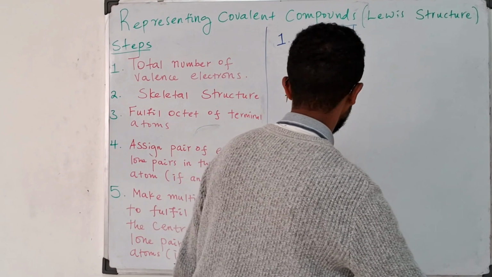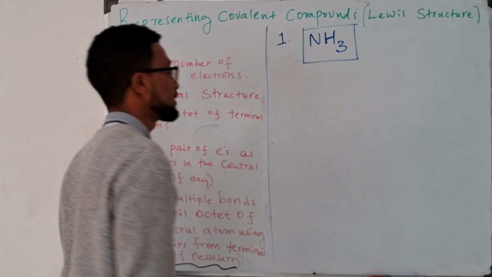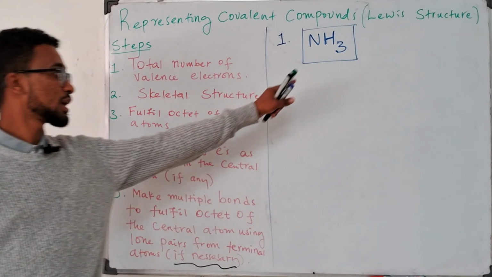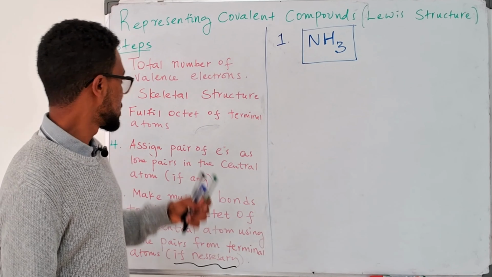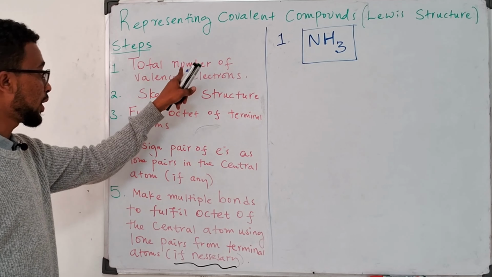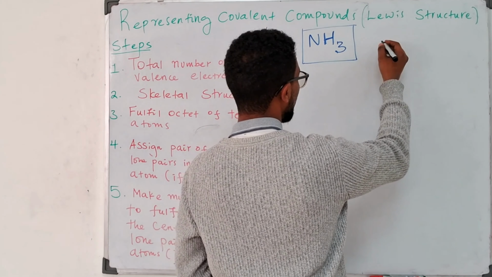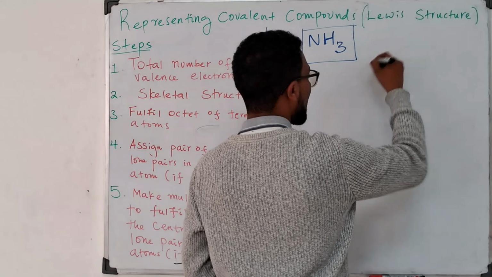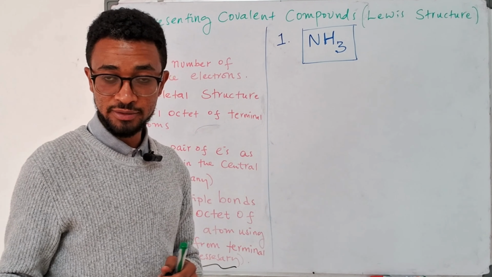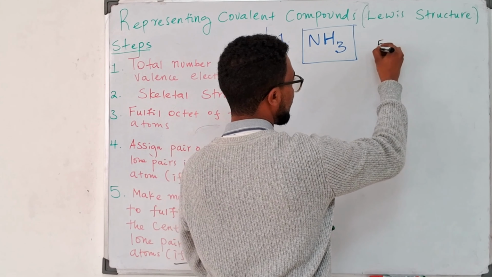Good. Now let's dive into writing the structure using the first example, which is ammonia. In ammonia, we have one nitrogen and three hydrogens. The first step is to determine the total number of valence electrons. Nitrogen has 5 valence electrons. How do I know this? Its atomic number is 7, so the configuration is 2, 5. So 5